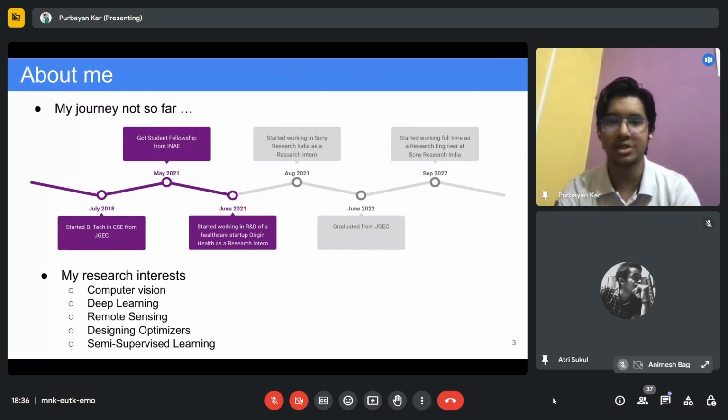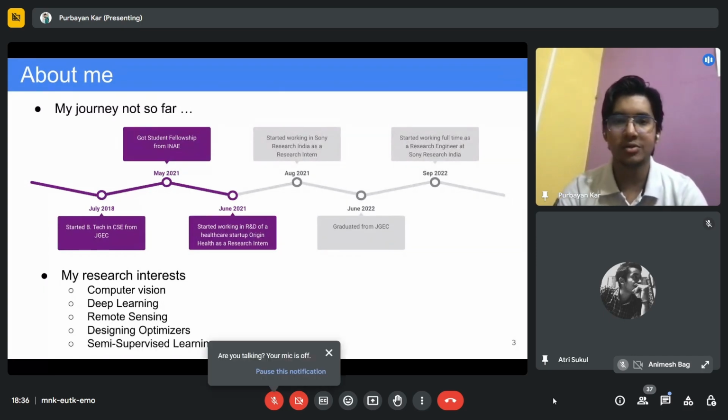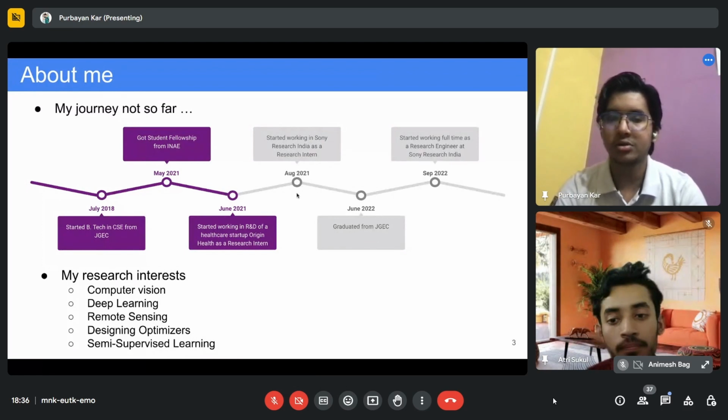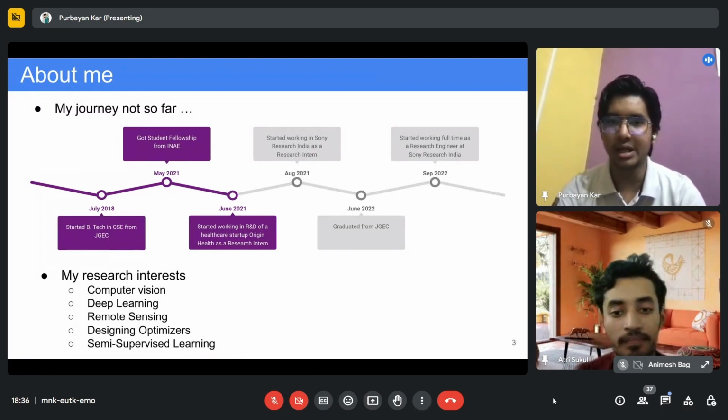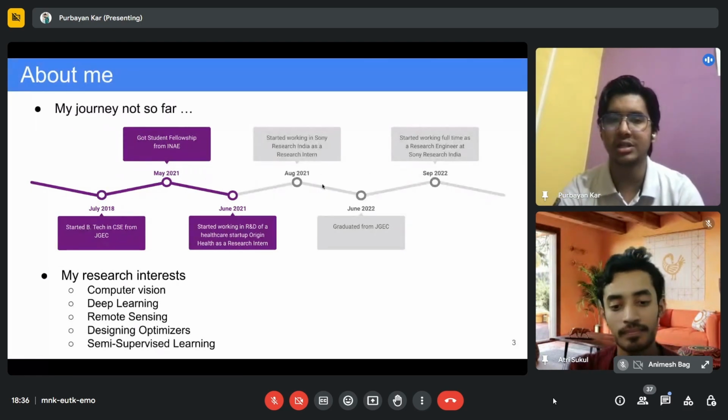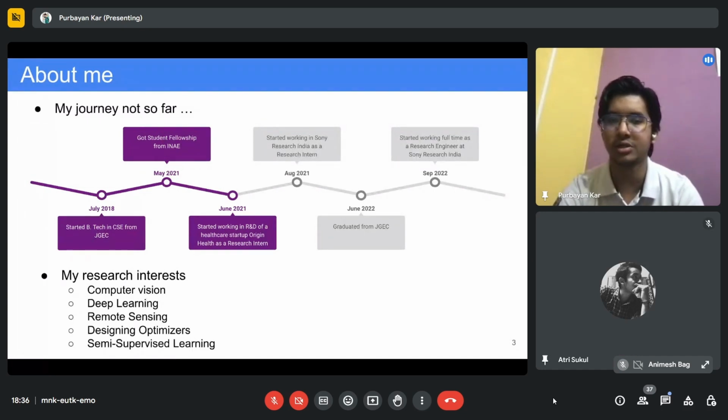But my stint there was not very long. I stayed there for only 2 months because I was not enjoying medical imaging. Medical imaging is not for me basically. So I switched. I applied at Sony Research and got into Sony Research India as an intern in August 2021. There I worked on various topics, and in June 2022 I graduated from my college, and from September onward I started working at Sony Research as a full-time employee. So I have work experience at Sony Research as an intern for almost 1 year, because I couldn't join full-time before my graduation. Currently, I have been working at Sony Research for more than 2.5 years.